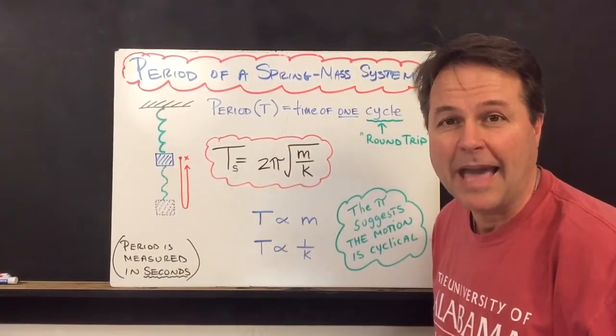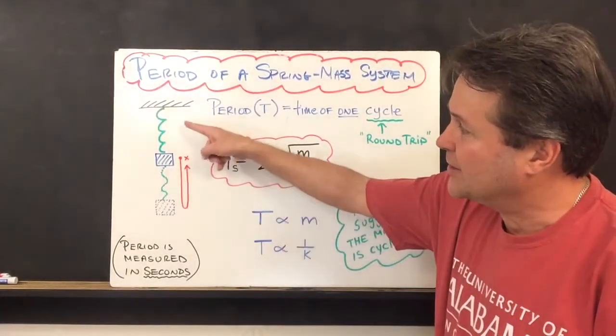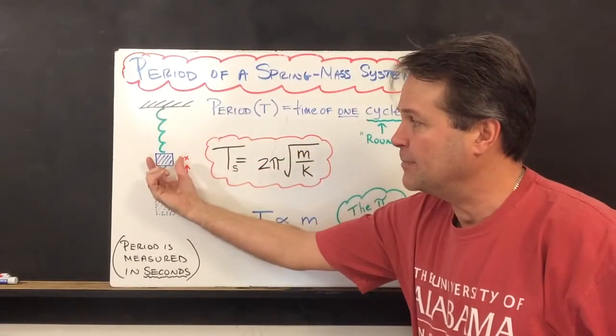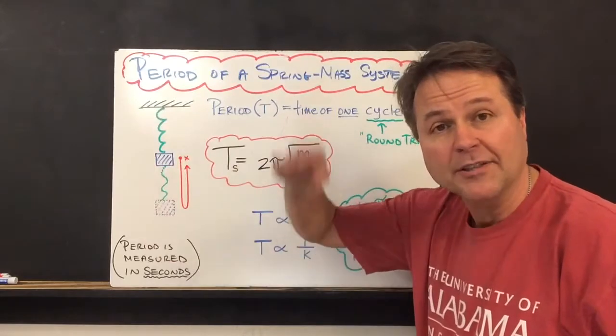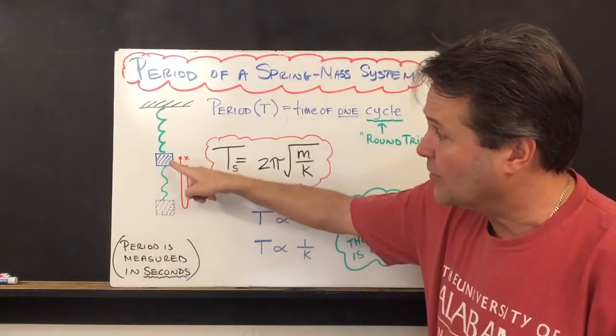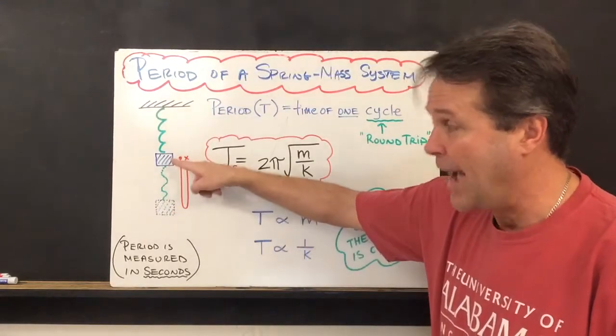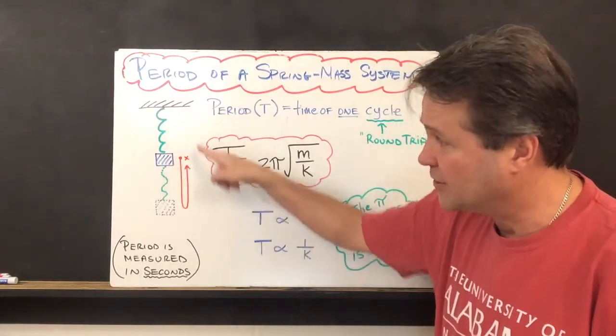period of a spring mass system. Here I have a depiction of a spring mass system. If I was to take this mass and pull it down, it would oscillate up and down. Now, the movement from the original position to the far position back to the original position, we consider that one